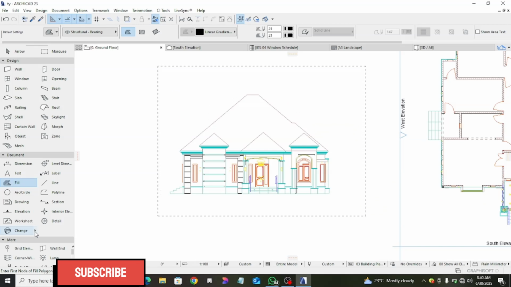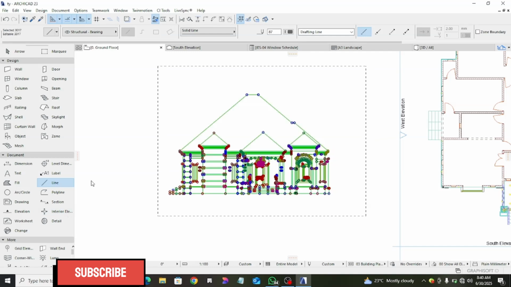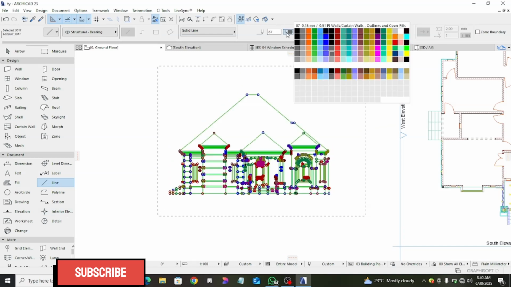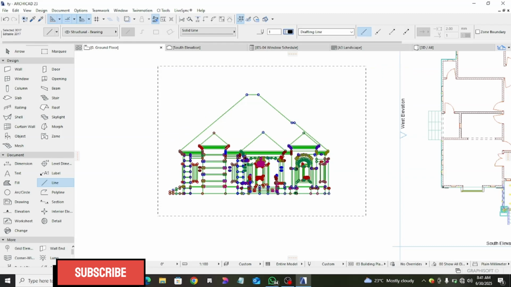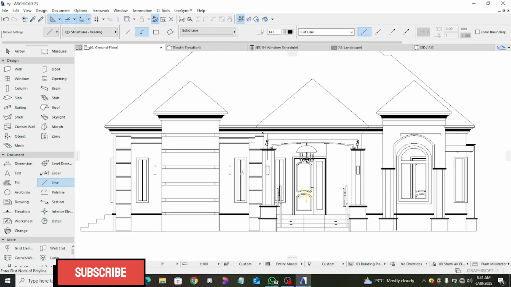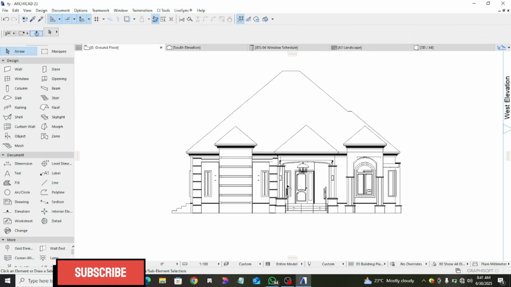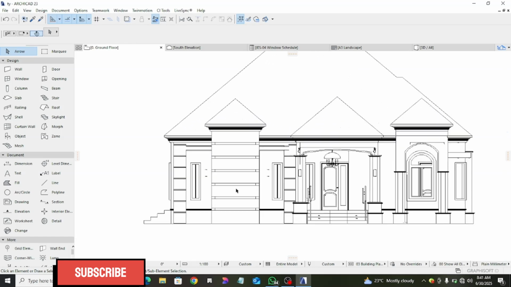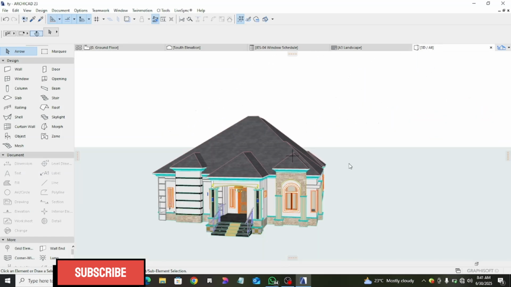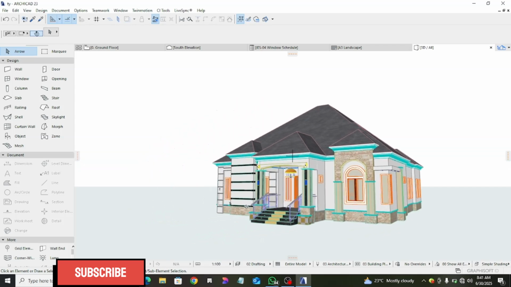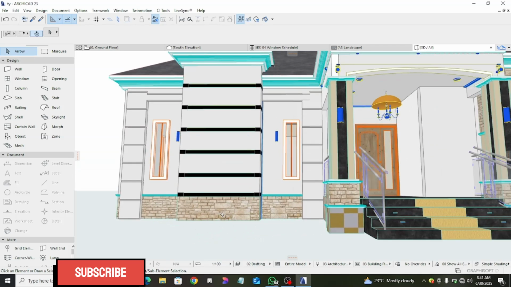So the next thing we have to do now, we need to change this line color to black. Click on your line, Ctrl A, and you look for black color and erase. You have done it. This is our south elevation. The next thing you have to do, in our design we have something, will I say, brick ties